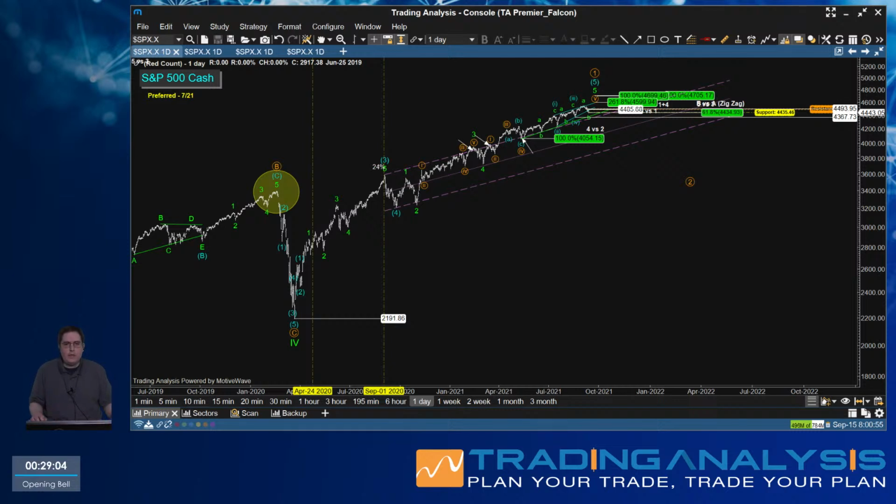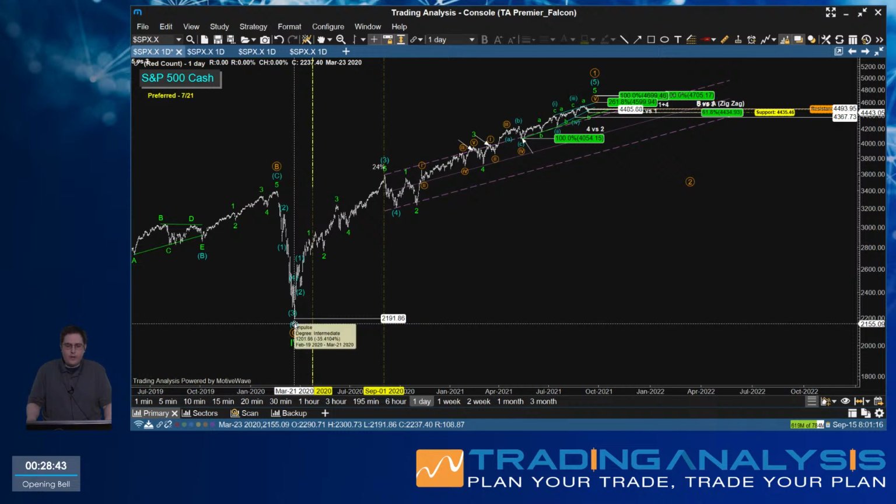The reason I want to start with the S&P 500 is it helps to illustrate why I continue to remain constructive, even in light of the fact that the Nasdaq is pulling back from such a significant cluster of resistance. So in the S&P 500, going back to the COVID sell-off lows in March of 2020,